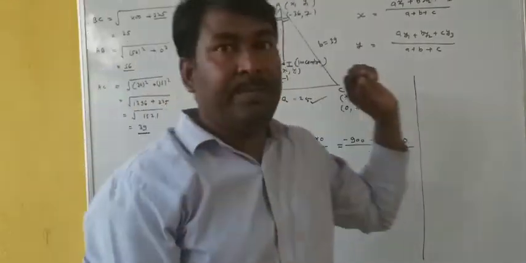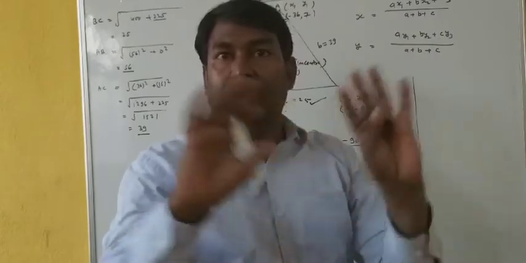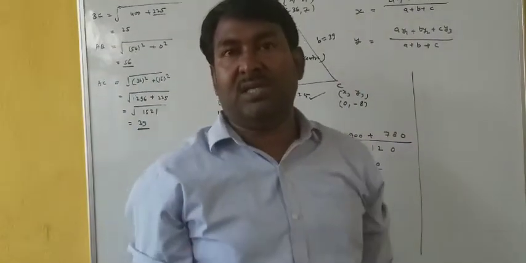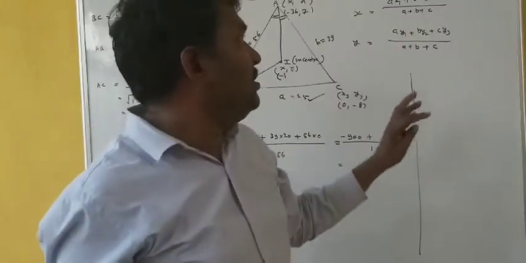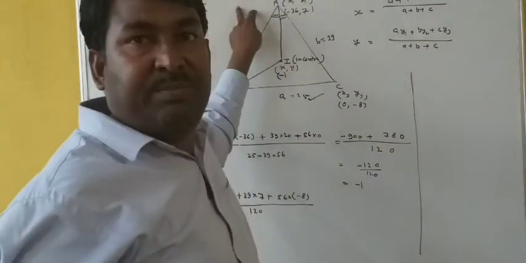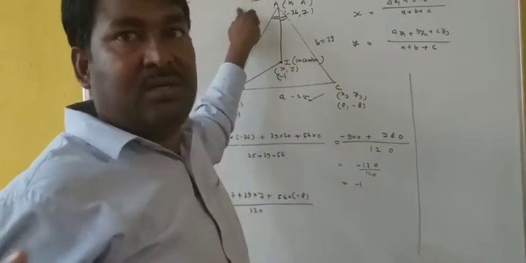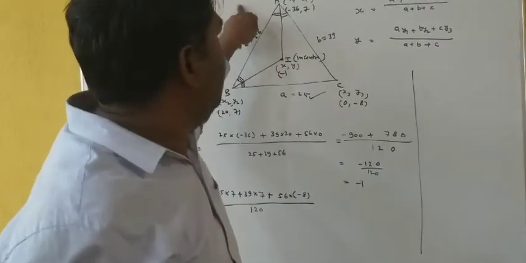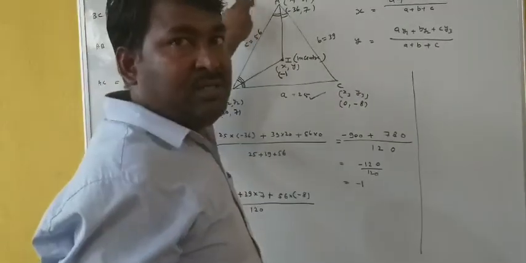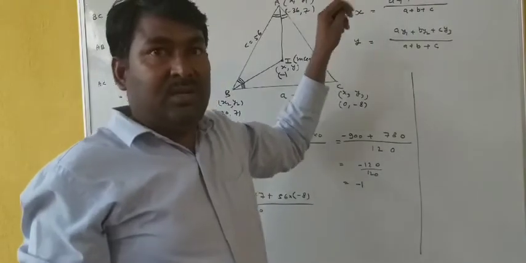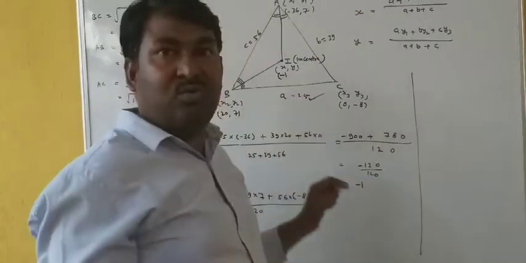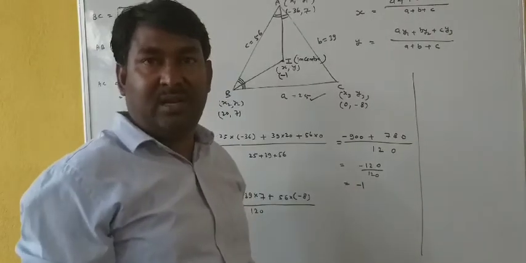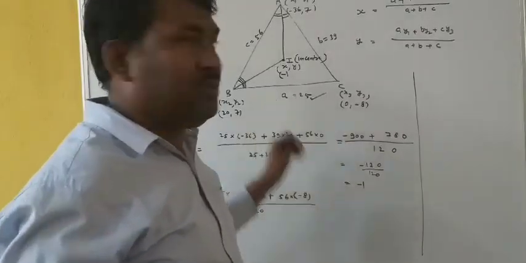In this way you can solve all the questions of your exercise. Open the book and try to solve all questions from the basic concept of points and coordinates, coordinate geometry, class 11 mathematics. In the next lecture I will explain how to calculate the area of a triangle in a different way. Thank you so much.